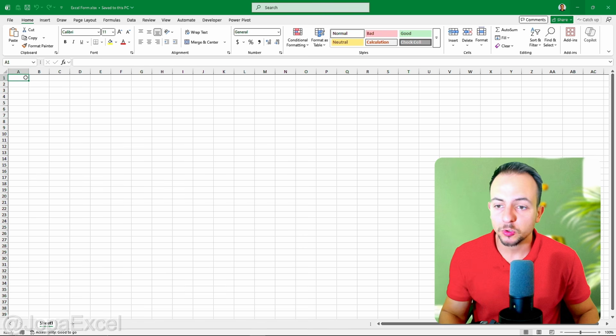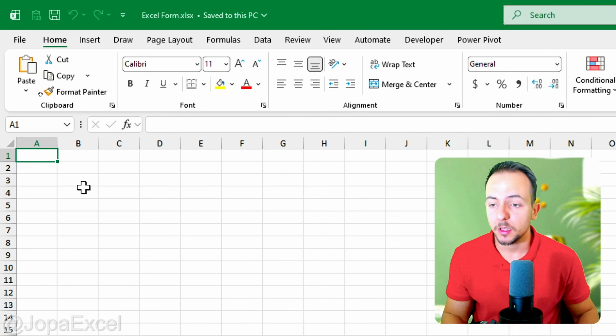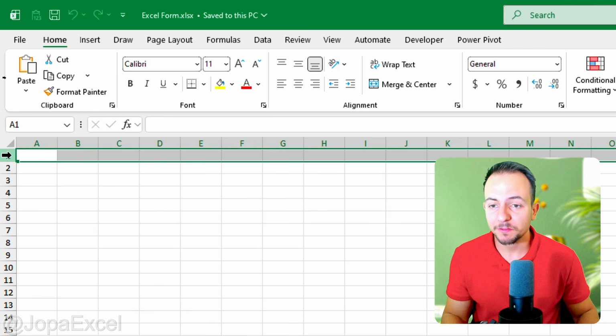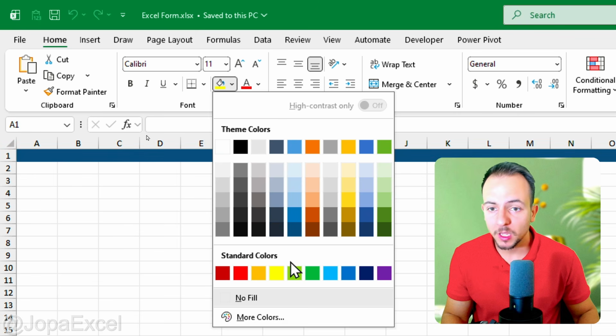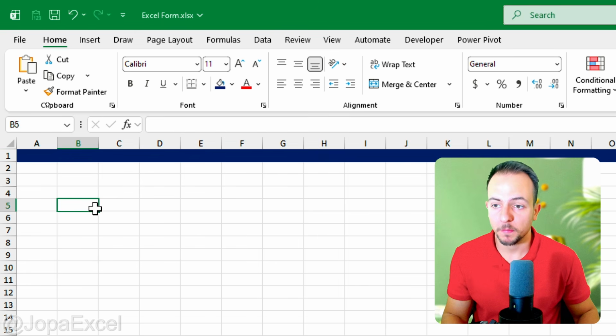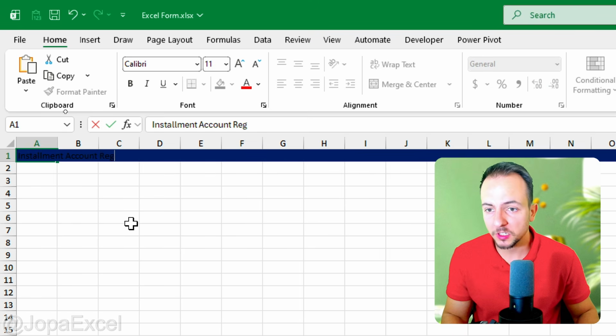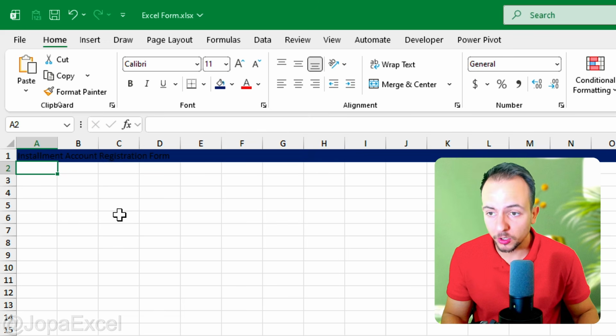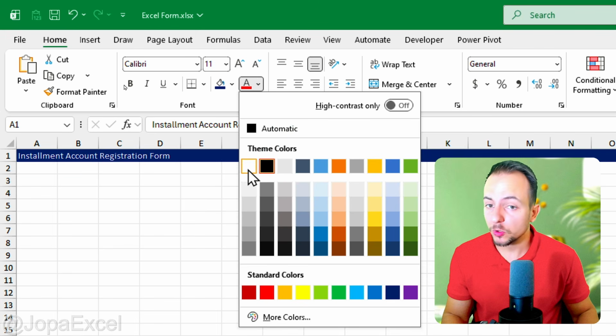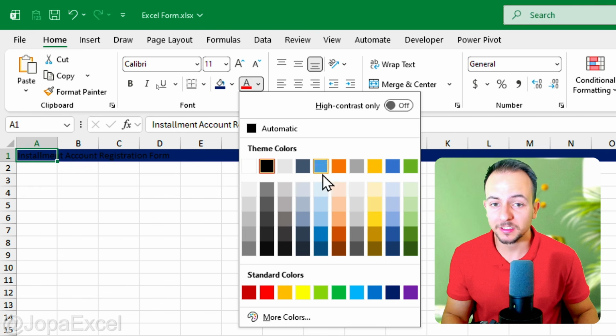First, I'm going to create the header area. You can click the number 1 on the left side to select the entire first row. Then go to the Home tab, open the Fill Color menu, and choose a dark blue color. After that, click cell A1 and type a title for the worksheet. In my example, I'm going to use Installment Account Registration Form. Now you can select the title text and change the font color to a lighter color so it stands out